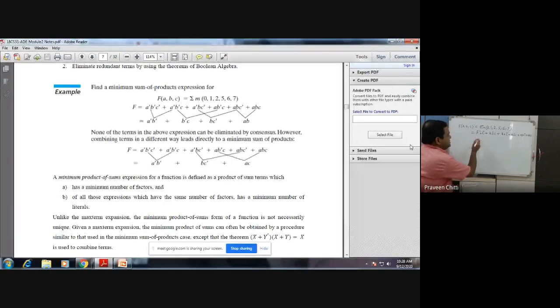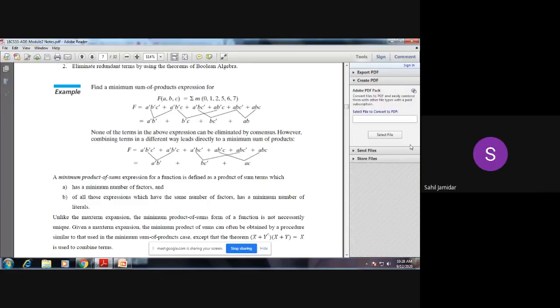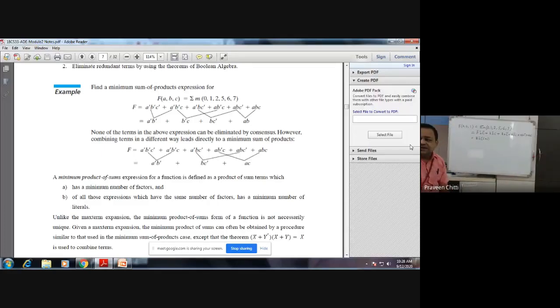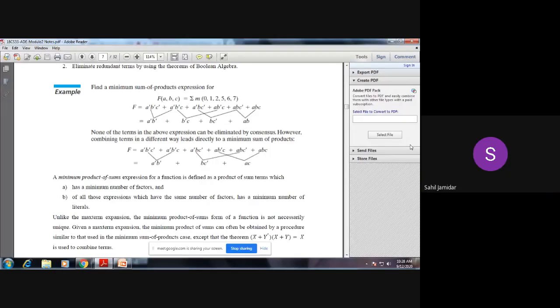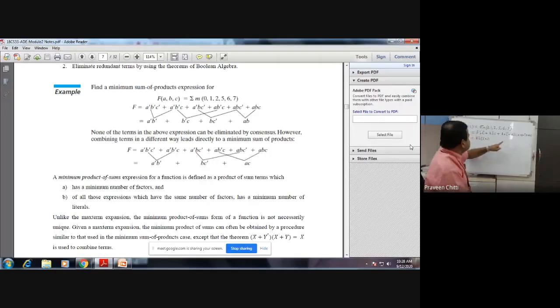So how do we take it? From these two, we'll take A bar, B bar common. If I take A bar, B bar common, what is left? C bar plus C. Similarly, from this and this, you can see here we have A bar, B bar, C, then A bar, B, C bar. Or from the last two. You can take either common between this or this, anything can be taken.